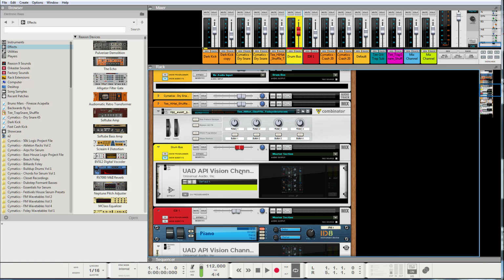Because I haven't even used UAD yet. I bought it. I've had it for maybe a month and a half, but I haven't used none of the plugins yet. Just running through the microphone right now to talk to you guys. I wanted to still produce my music in either Ableton or Reason, and then take all my WAV files and dump them into Pro Tools and then use my UAD. But since we can do it like this now,